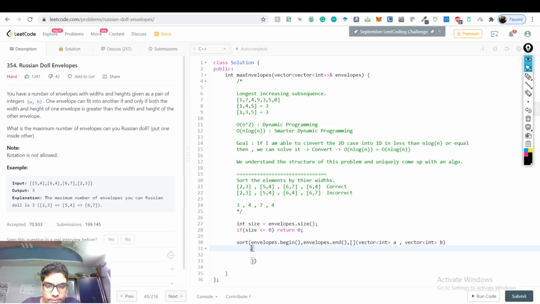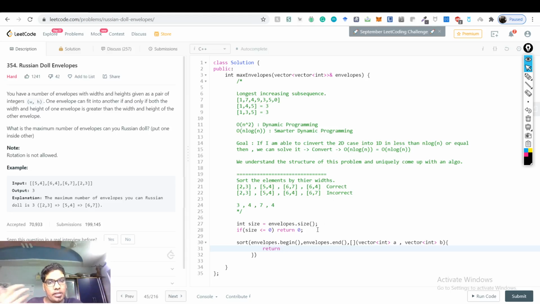We also have to write what this function does. It is essentially the swap function. If this function returns true, then it will swap b and a, so the function has to return true if you want b and a to be swapped, and if it is false, then it will not swap them. Why is this a vector of vector? Because the array is a vector of vectors. The elements of those arrays are vectors themselves.